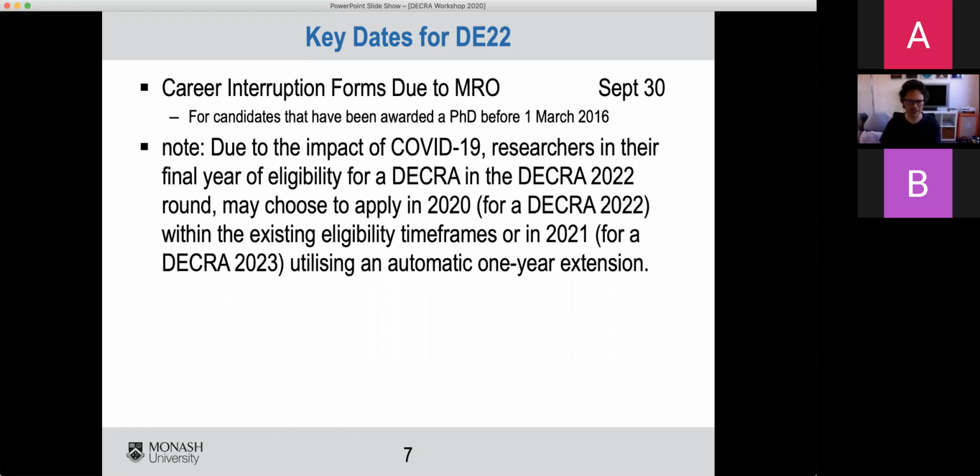So I think the DE21 should be closed now, and so we're coming up to the next DE22 round because the funding starts on 1st of January 2022 for applications that go in later in this year. Does that address the question? You can just chime in if you like, Tess, if that's easier.